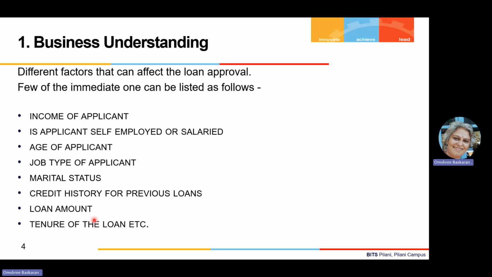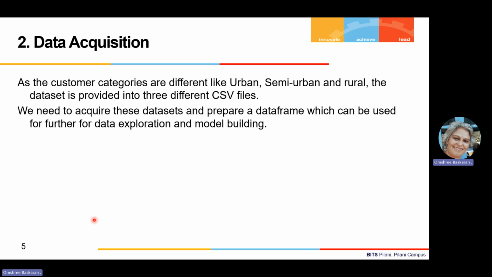So in this particular case, the customers are categorized in three different ways: urban, semi-urban, and rural. So we have at hand three different data sets which contain customers from urban with the list of different features collected from them. Similarly for semi-urban and rural. Okay, these data sets are provided in three different CSV files. We need to acquire them,